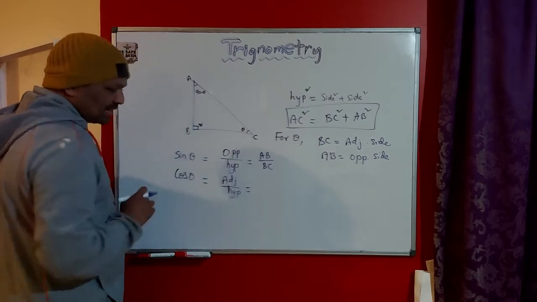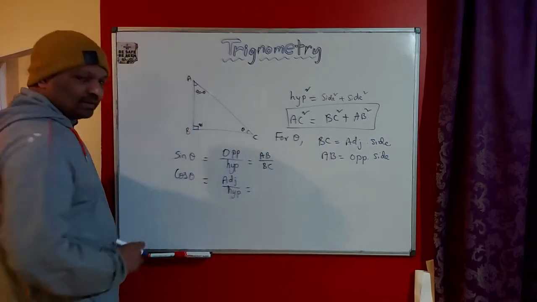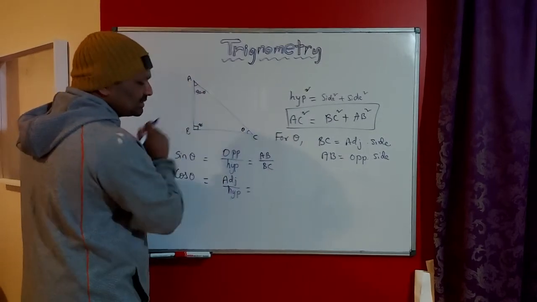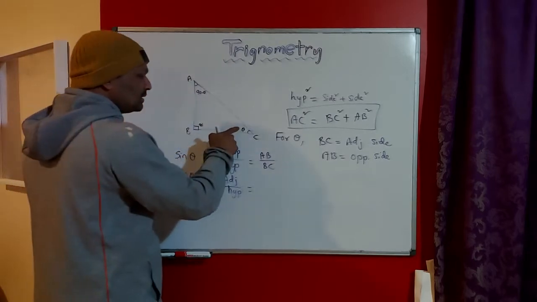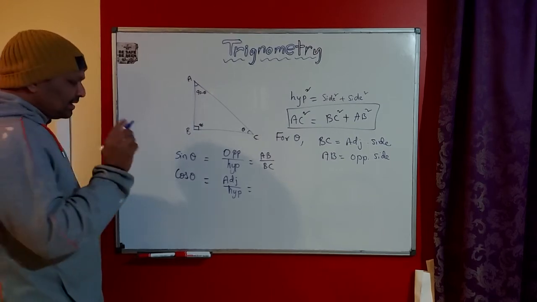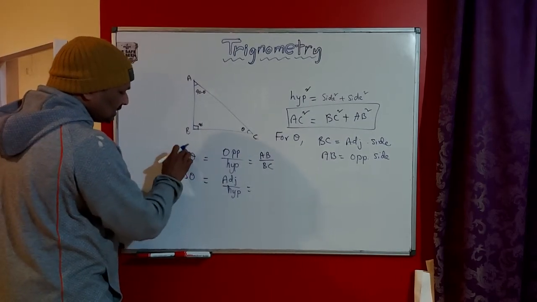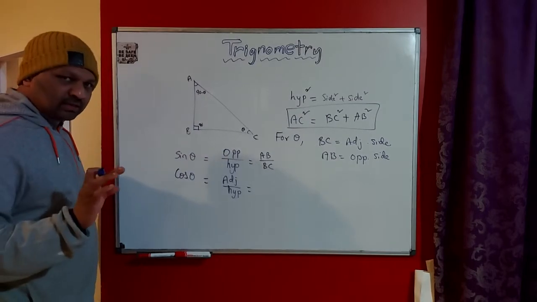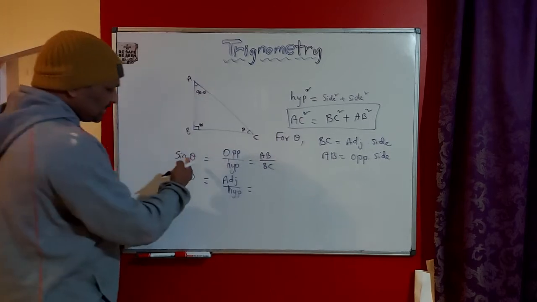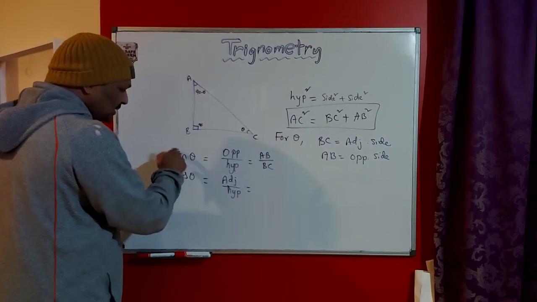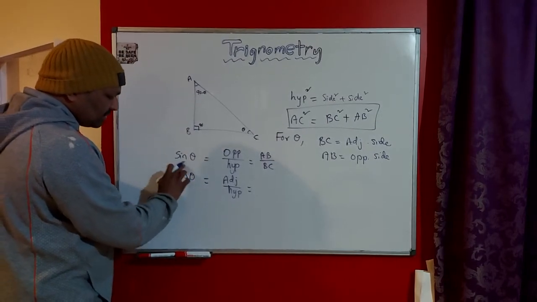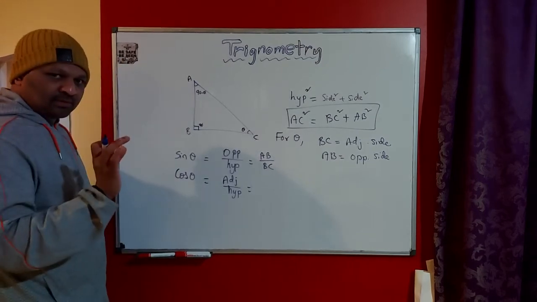When you are understanding what the adjacent side is, it's important what angle you consider here. Whether you consider this angle or this angle, for this angle adjacent is different, and for this angle adjacent is different. That's why it's very important what angle you consider as theta. Without an angle, sine will not make any sense. Without this angle, cos will not make any sense. This theta is the input for this function, the sine function. This theta is the input for cos. Only if some input is given to this function does it give some result.